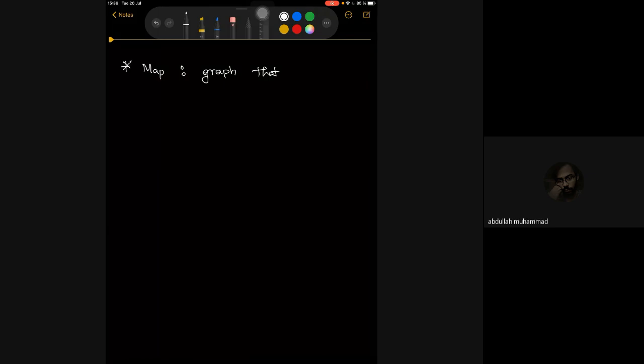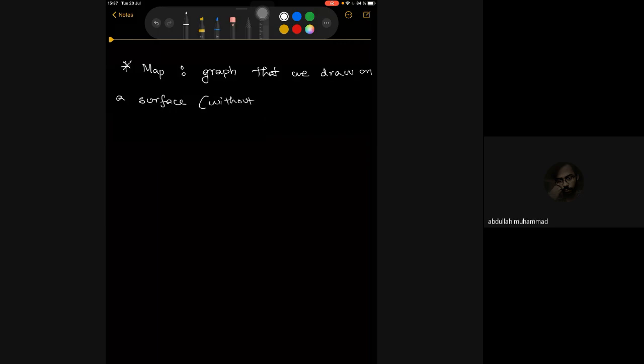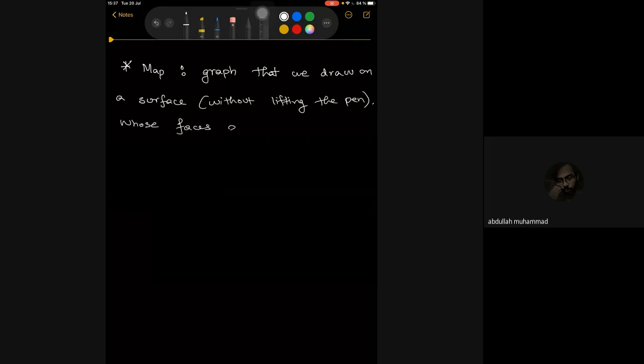So a map is a graph that we draw on a surface without lifting the pen, and whose faces are isomorphic